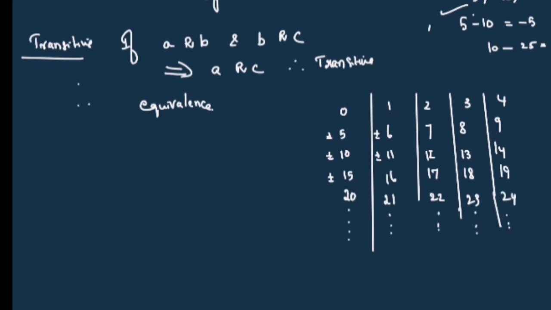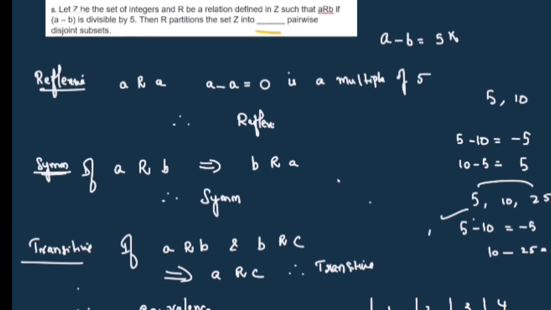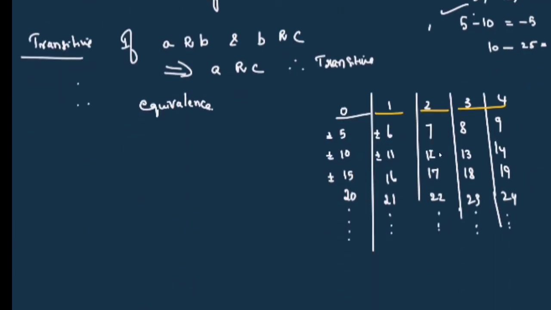So look at these numbers now. There are 5 partitions here and they are all disjoint. You know what is the meaning of disjoint sets? There is nothing common between these numbers. All these are disjoint sets, but they satisfy the relation: A minus B is divisible by 5. You take anywhere, here 12 minus 7, it is divisible by 5. 17 minus 12, divisible by 5. 22 minus 17 divisible by 5. Similarly here 14 minus 9 divisible by 5. 24 minus 14 divisible by 5. So all these are divisible by 5.